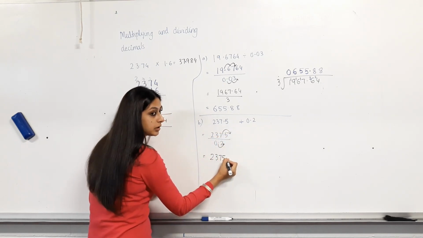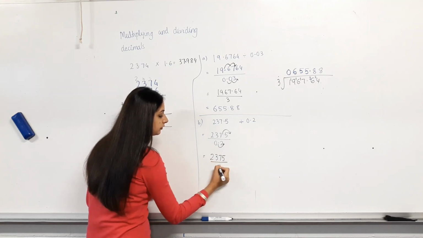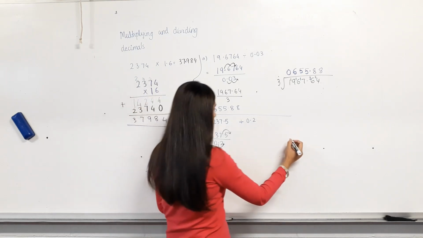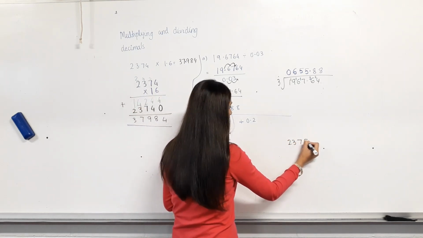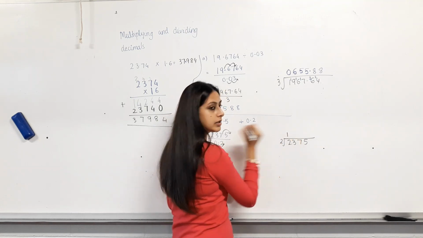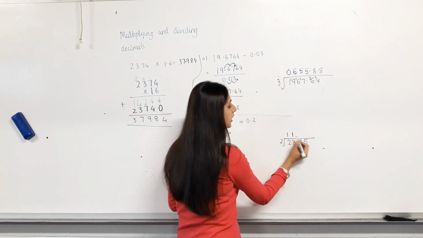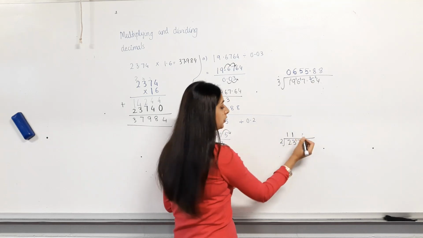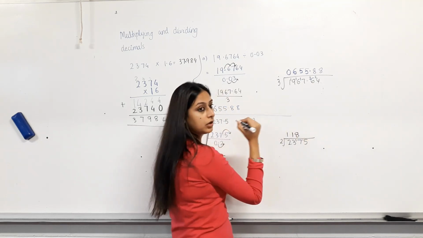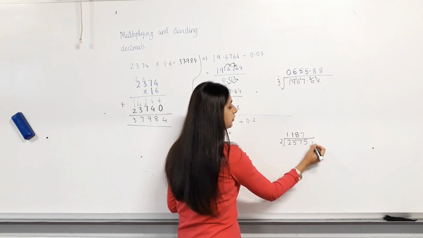Do I need to put a decimal here? Isn't it a whole number divided by a whole number? Let's do the division. 2 goes into 2 once. 2 goes into 3 once. Remainder 1. 2 goes into 17 8 times. Remainder 1. 2 goes into 15 4 times. Remainder